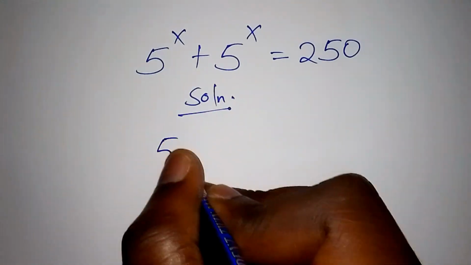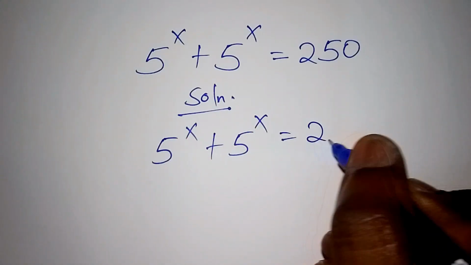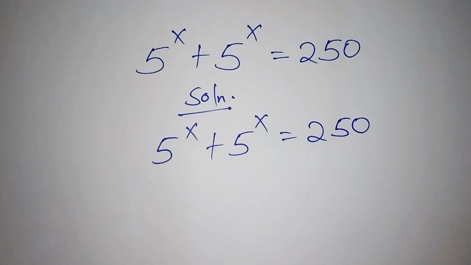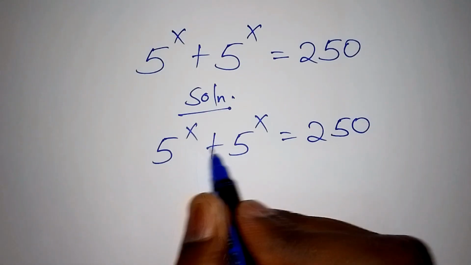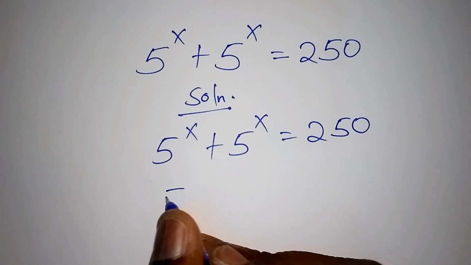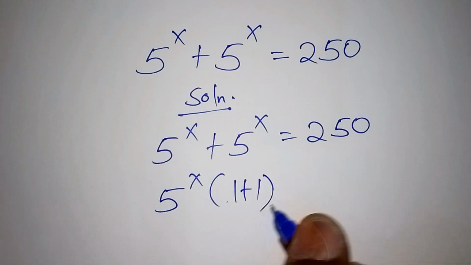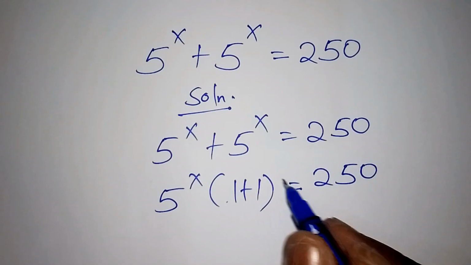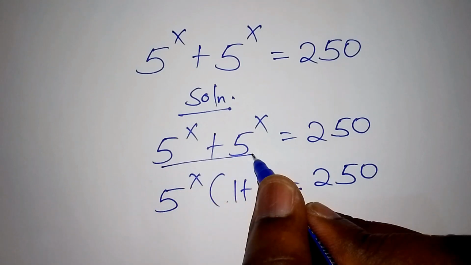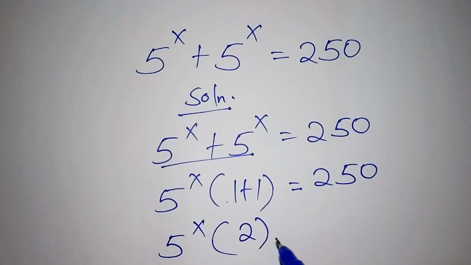So now we have 5 to the power of x added to 5 to the power of x equals 250. We are asked to find the value of x. First, we shall factorize the 5 to the power of x plus 5 to the power of x. So here we shall have 5 to the power of x into bracket 1 plus 1 equals 250. So now we have 5 to the power of x into bracket, 1 plus 1 is 2, equals